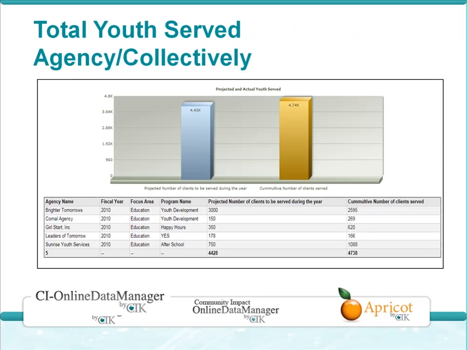And now we look at, again, how did they do relative to the goal of the number of youth to be served? Again, our accountability, our goal was to serve 4,428 youth in the program, and collectively they actually exceeded that goal and served 4,738. So you can see you have the ability to now dashboard this information and give you key level information